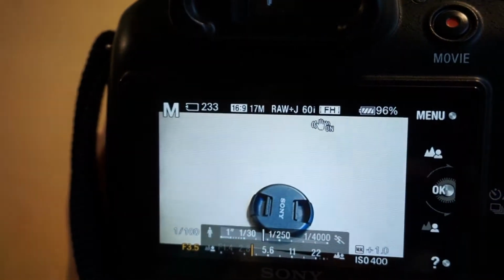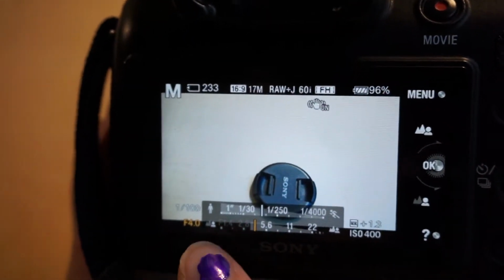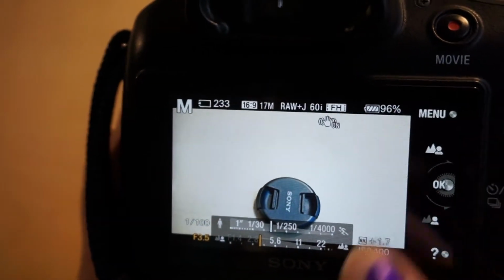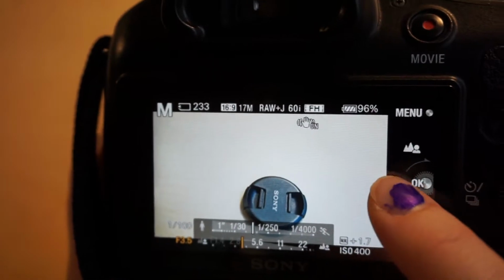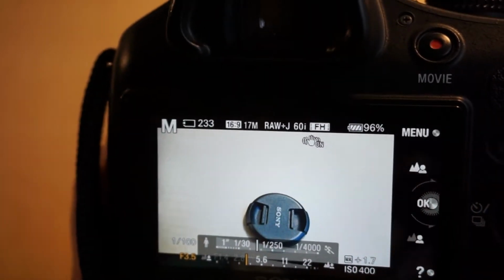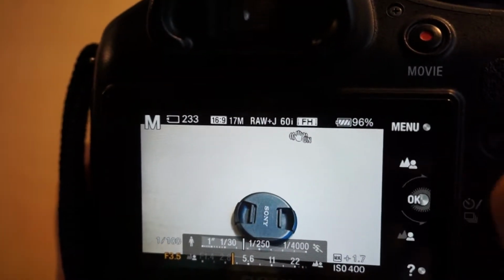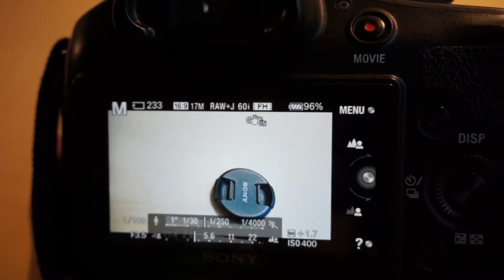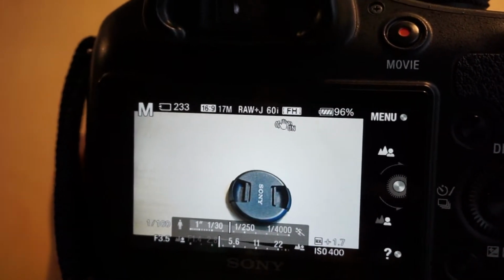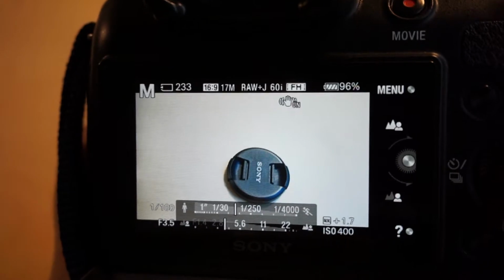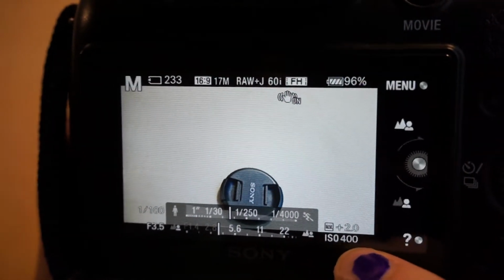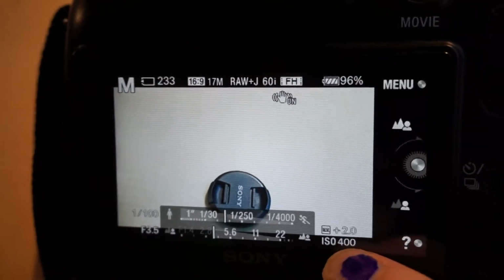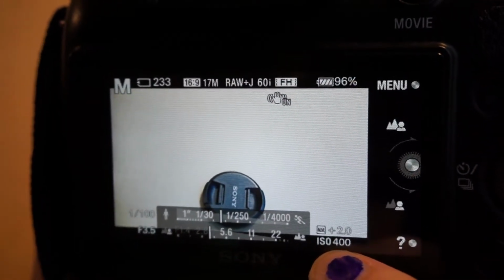If I bring it all the way up to a 3.5, oops, I got it at 4, 3.5, you can see that it is much lighter, and that's because the opening is much bigger. So bigger number, smaller hole, smaller number, bigger hole. Very backwards. Now if you see this little number here, this ISO 400, this is how sensitive your lens is